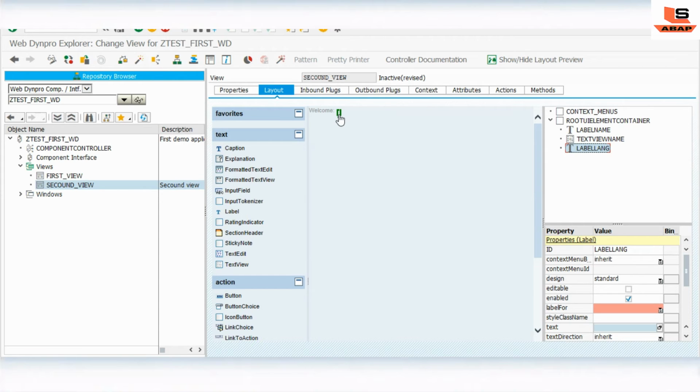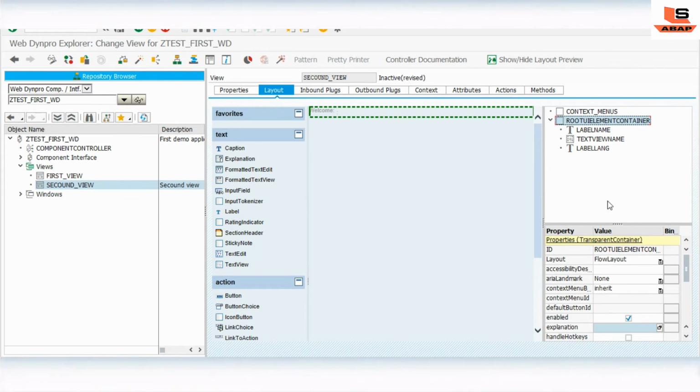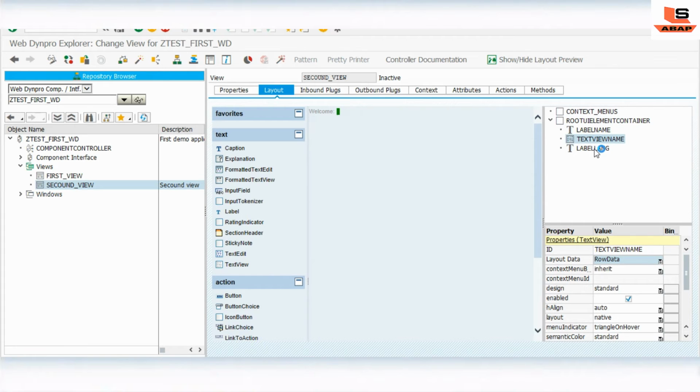Now again you can see we are getting this here, but we need this below this welcome. So what you have to do, just double click on this root element container and change the layout to the row layout. Click on save in order to reflect the changes, and then just select this and set row data as header and click on save.